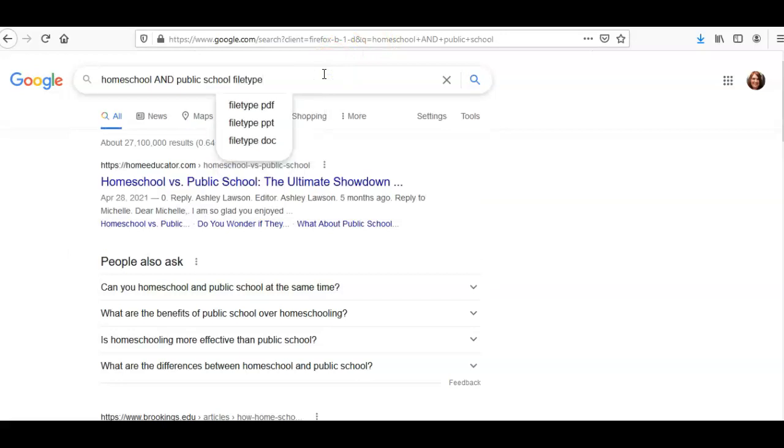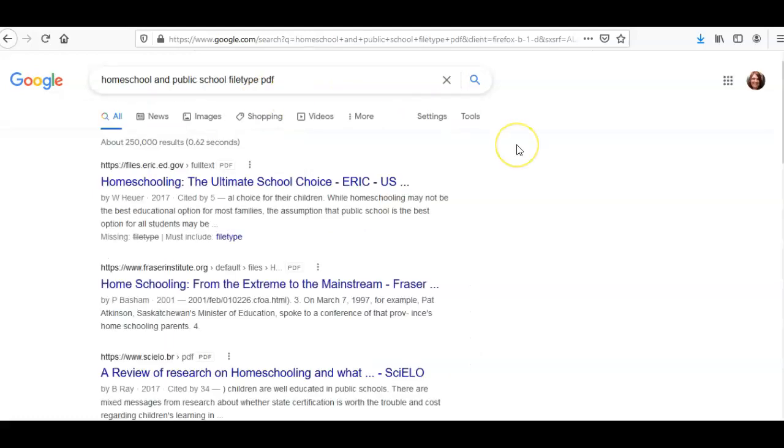And one of the things that you will notice is that usually if you're looking for like a credible source, or if you're looking for news, you can use this. It would be a web page. If you're looking for a document, I know that a lot of times some of the peer-reviewed journal articles are in PDF, so I'm going to choose PDF, and you're going to see this stuff, cited by 5, right? Anytime you see cited by, that usually means there's something in there that's worth looking at.